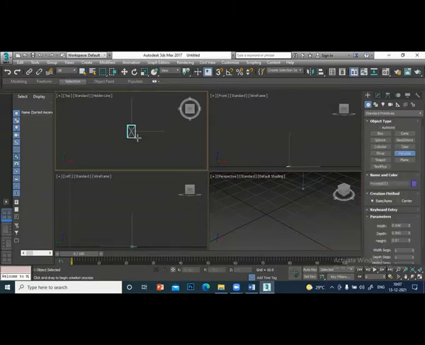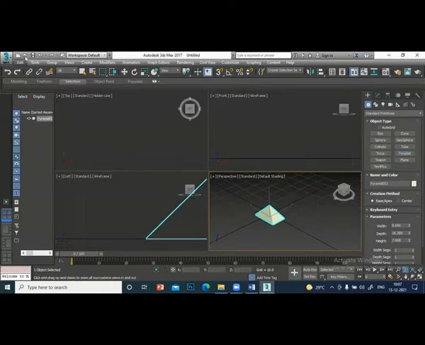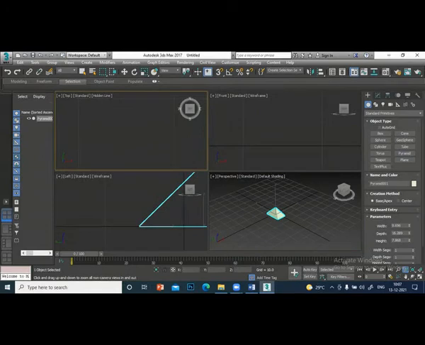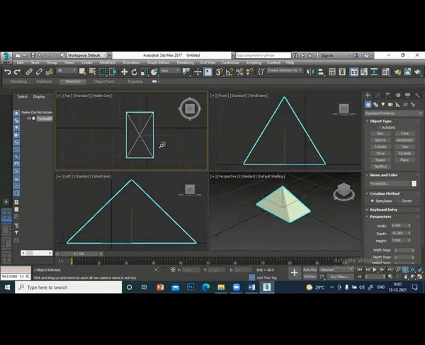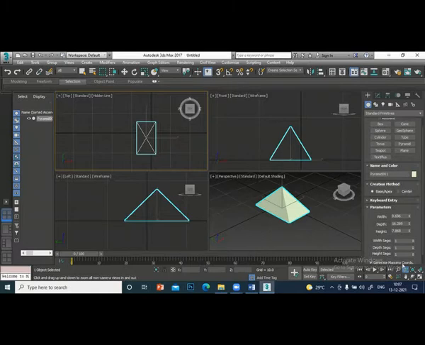Pyramid. Pyramid also you can change the width, size, everything you can do.